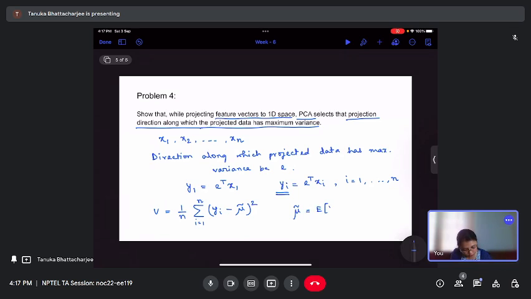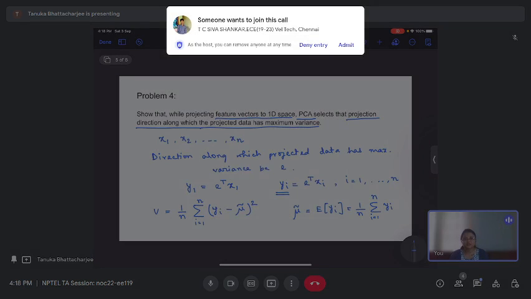expectation of yi, or if you write in terms of sample mean, it is 1 by n summation i equals 1 to n yi. That is the mean of the projected data, given by mu tilde. So your variance is yi minus mu tilde whole square summed over all i, and you are scaling by a factor 1 by n. So now let us try to